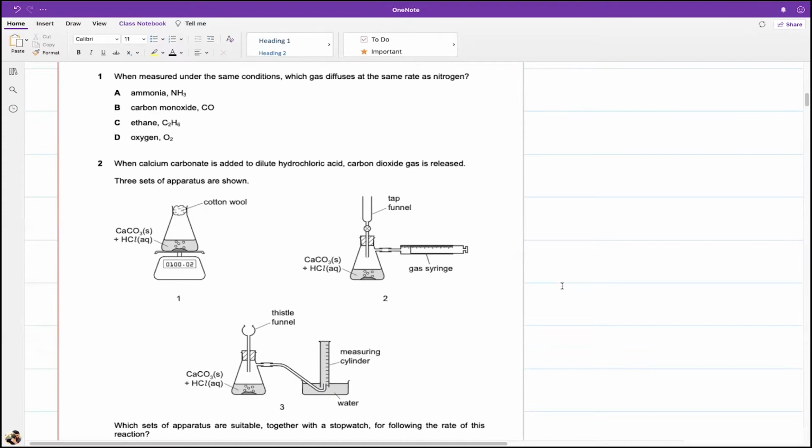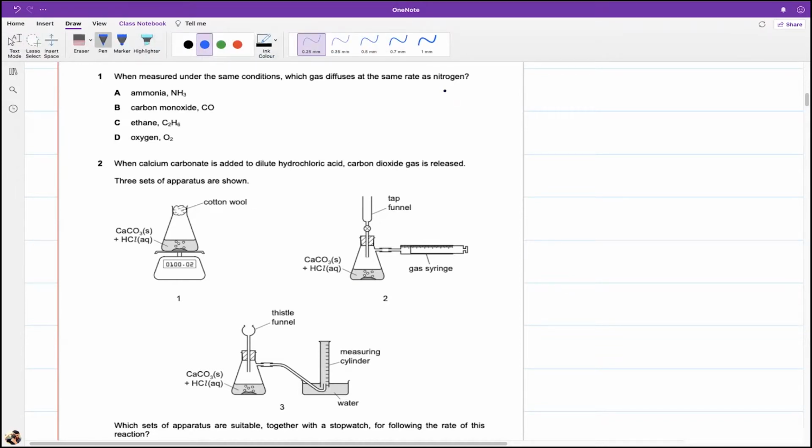When measured under the same condition, which gas diffuses at the same rate? So what they're actually asking us is which of these gases has the same MR as nitrogen? For nitrogen, the MR is 28. So this one is 17, this is 28, this one is 30, and this one is 32. So you just have to add everything up. So nitrogen 14, NH3: 14 plus 3 gives us 17. I think everybody knows how to find MR. So because carbon monoxide is the one that has the same MR as nitrogen, it will diffuse at the same